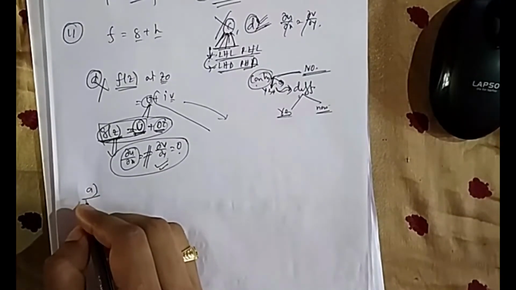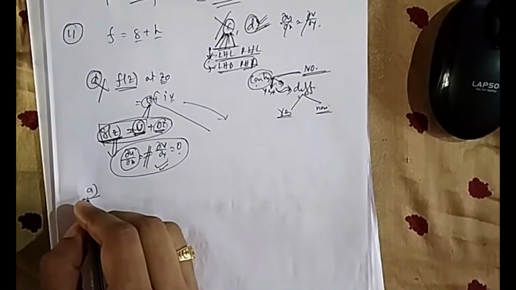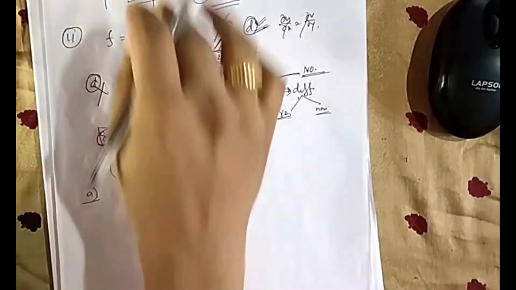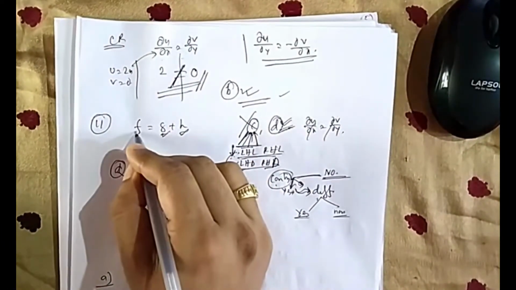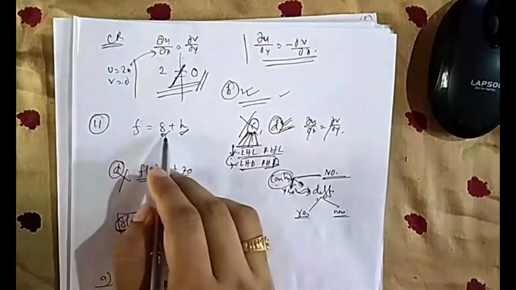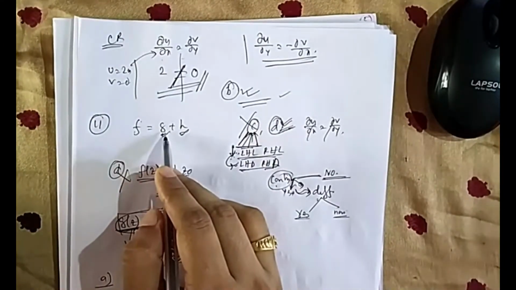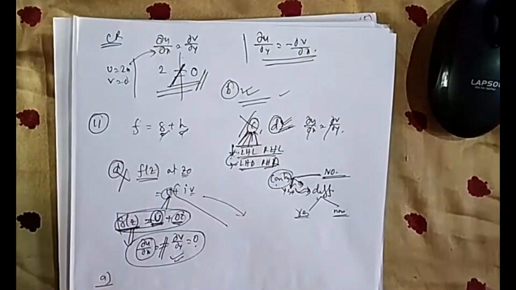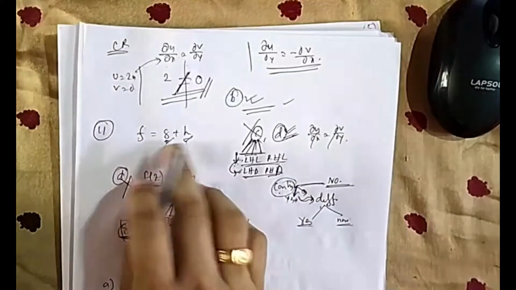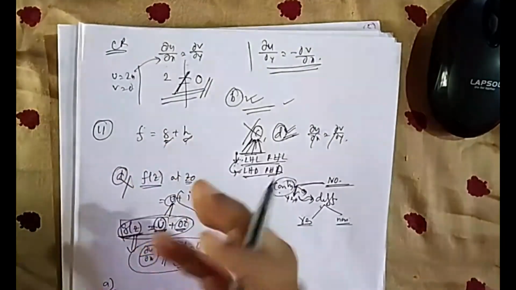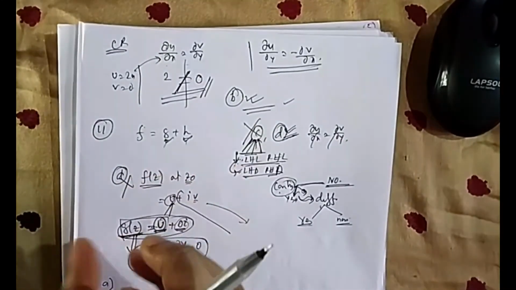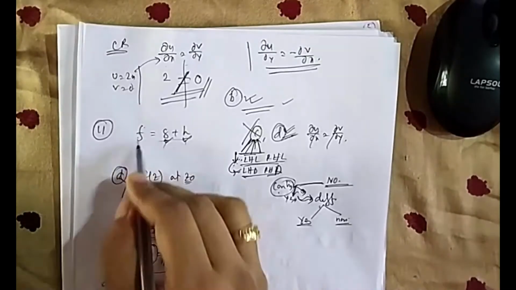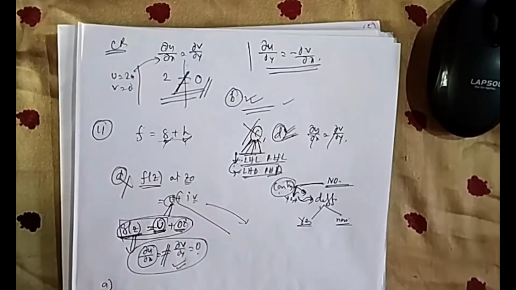So in A and B, if f(z) is differentiable at z0, then f, g and h are also differentiable, and the reverse. So the reverse is not always true, meaning if g and h are differentiable, then f is differentiable. Why? Because f can be differentiable when g and h are not differentiable. If you are adding something not differentiable, it means there are some problematic points. So if you add these two, that problematic point can get cancelled and the summation can be differentiable, but individually they are not differentiable.